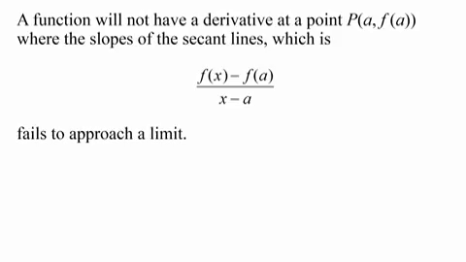Let's start by establishing when a derivative may fail to exist. A function will not have a derivative at a point P located at (a, f(a)) where the slopes of the secant lines, which is (f(x) minus f(a)) over (x minus a), fails to approach a limit. Some examples of this are: